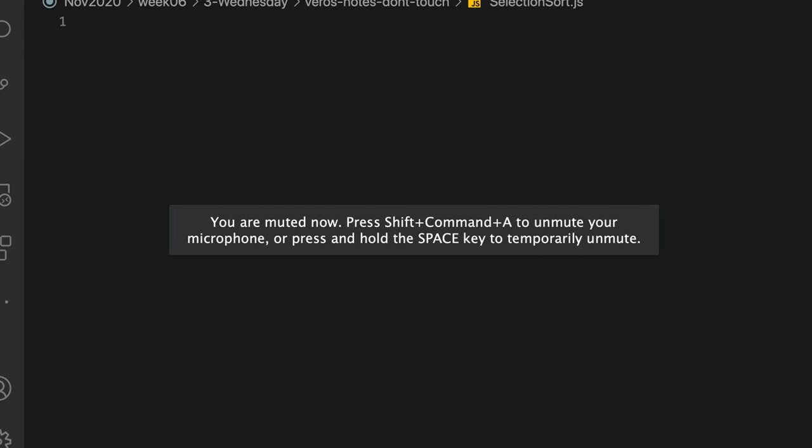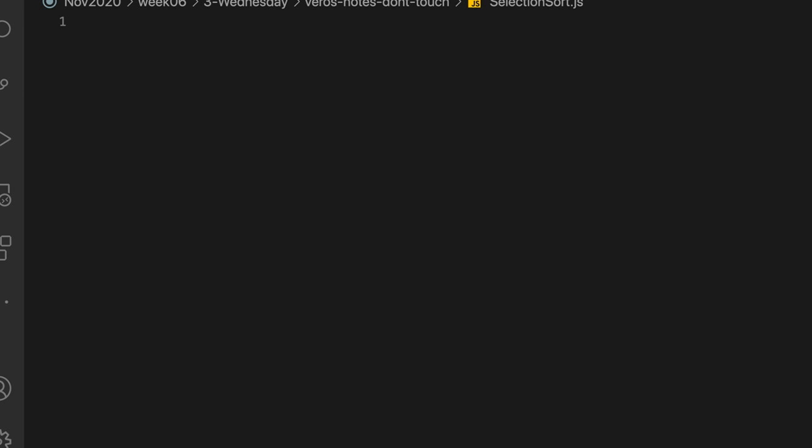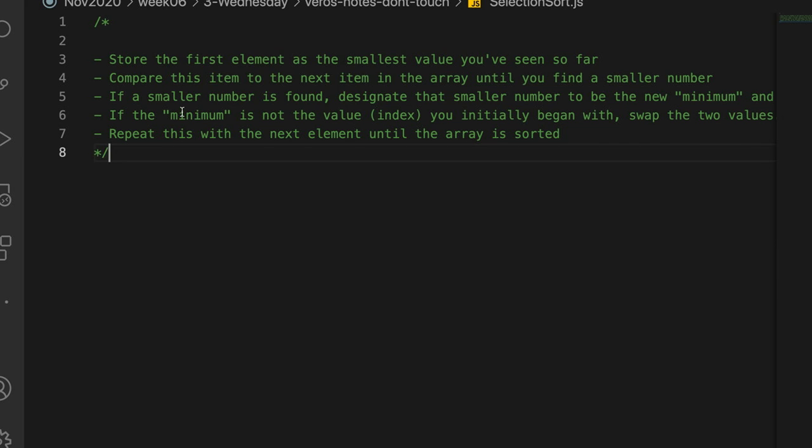Okay, so let's look at the solution for the selection sort. The selection sort is a function that takes in an array, and we're going to sort that array. So if we initially start off with an array, like this one right here,